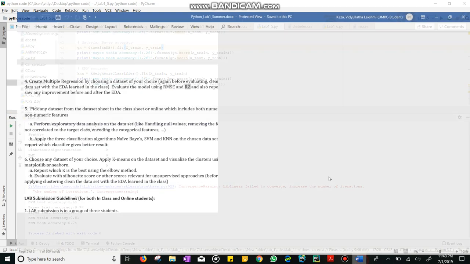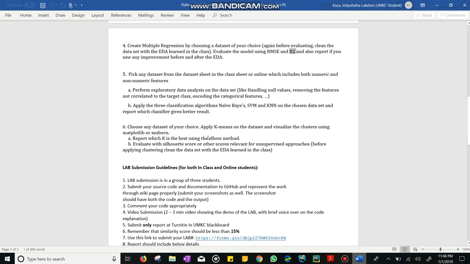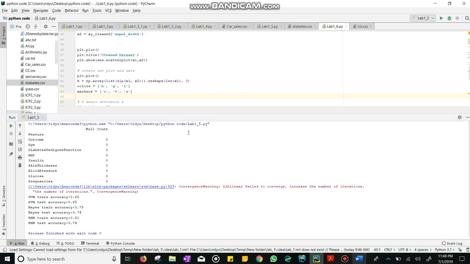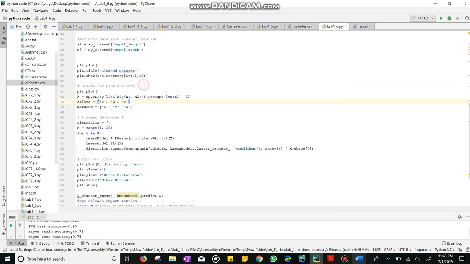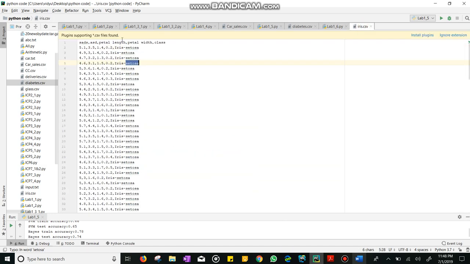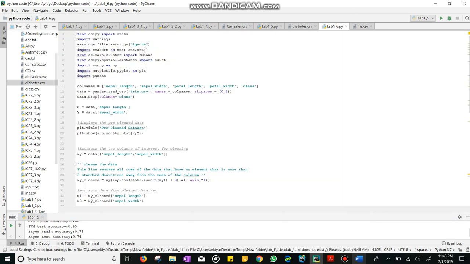So going to the sixth task, it is to find the k number of clusters using the k-means elbow method, and then finding the silhouette score while performing the EDA. For the sixth task, I have taken the iris dataset. In the iris dataset, I have sepal length, sepal width, petal length, petal width, and class. I have taken the iris CSV and loaded it as data,